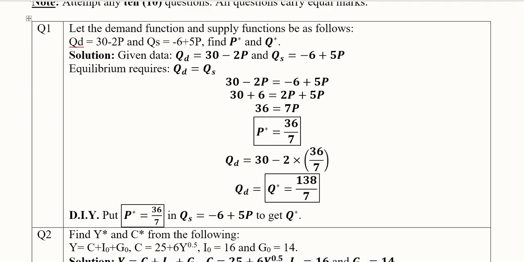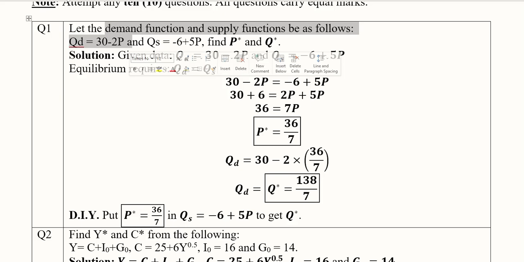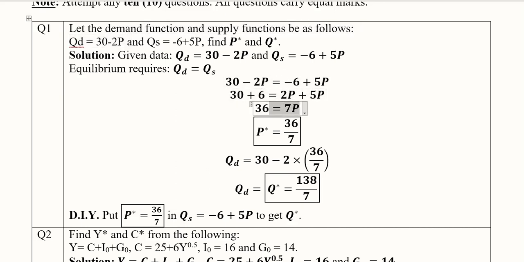The first one is about the demand supply function. They are given. This is the demand function, this is the supply function. We required the equilibrium price and equilibrium output. So we equated these two, and this is the basic condition of equilibrium, the conditional equation of equilibrium. And then we substitute these values of demand and supply, and simple algebra will allow us to have the answers